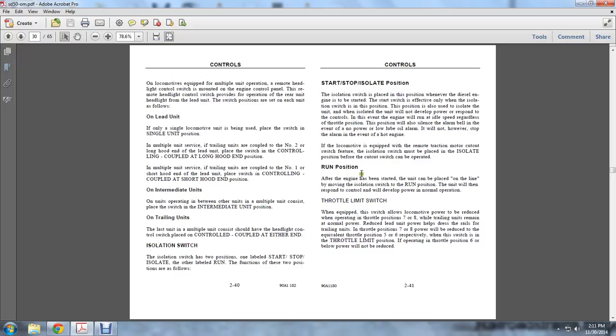The run position: after the engine has been started, the unit may be placed on the line. Moving the reverser to the run position, the unit will then respond to control and will develop power for normal operation. Throttle limit switch: when equipped, the switch allows the locomotive power to be reduced by operating the throttle position